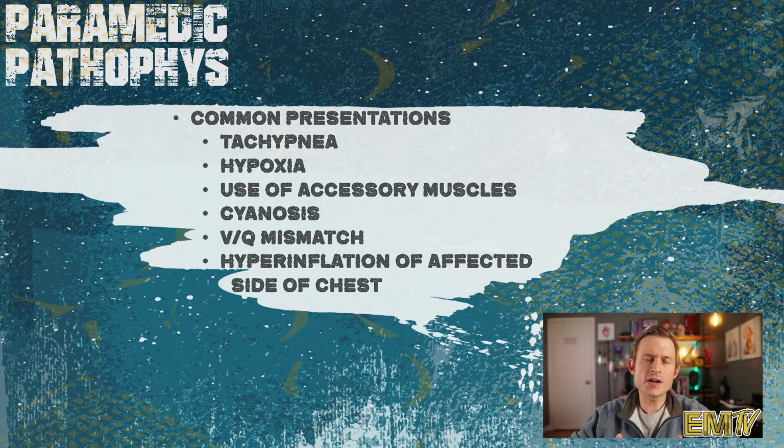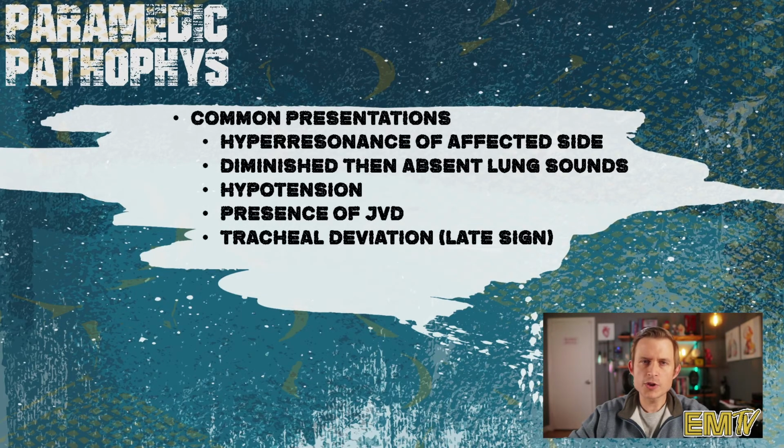Now, there are several common signs and symptoms or common presentations of a pneumothorax. These are the obvious chest pain, shortness of breath or dyspnea, tachypnea, cyanosis, the use of accessory muscles to breathe, a VQ mismatch or a ventilation perfusion mismatch, in which part of the lungs are able to receive blood but cannot effectively oxygenate that blood, hyperinflation of the affected side of the chest, hyperresonance during percussion to the affected side of the chest, which will sound a lot like a drum if you tap on the ribs,